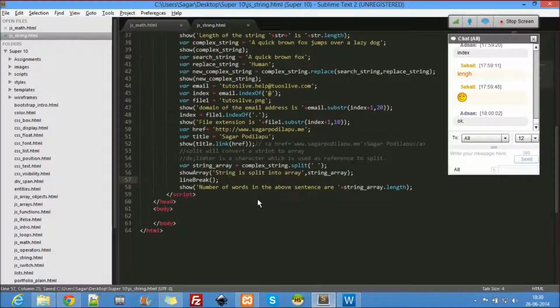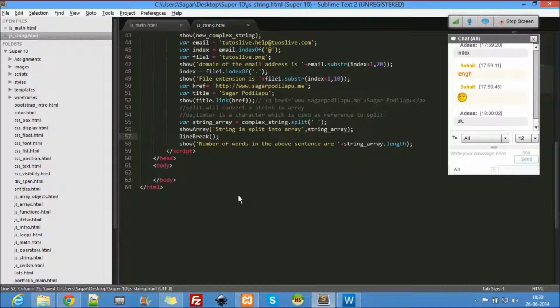So the function is a standalone function. A method is which is declared inside an object, a class. That's a method. So string is an object, length is a method. So dot is that thing which is doing that. So string is the default constructor. It's a very big concept.